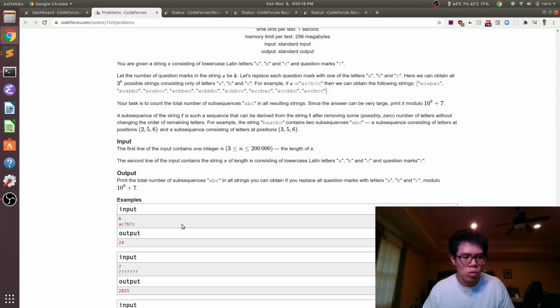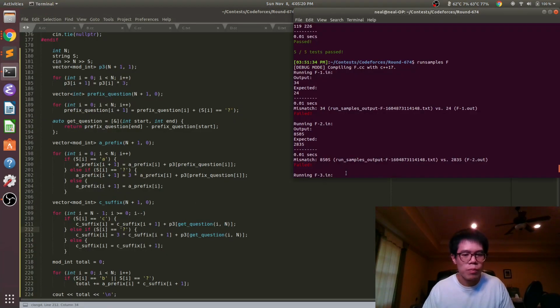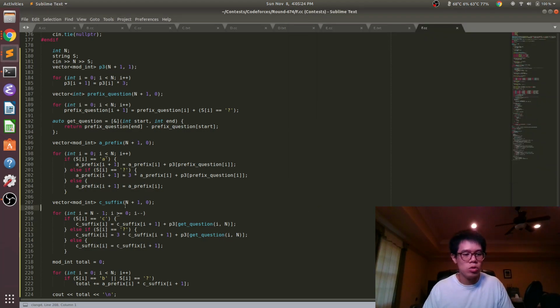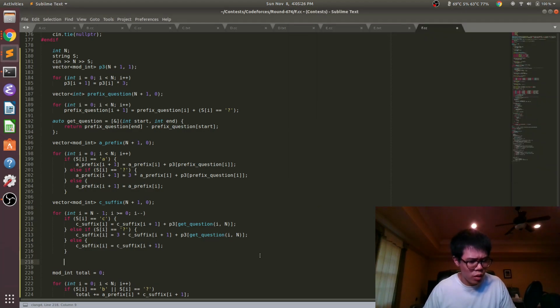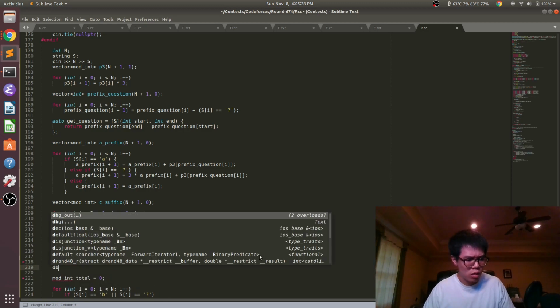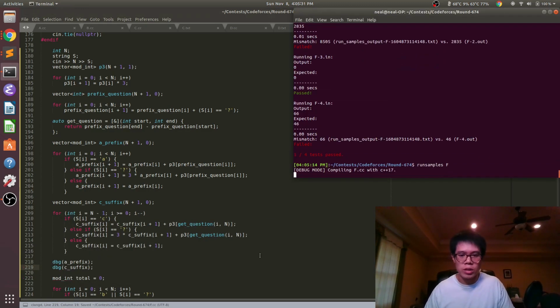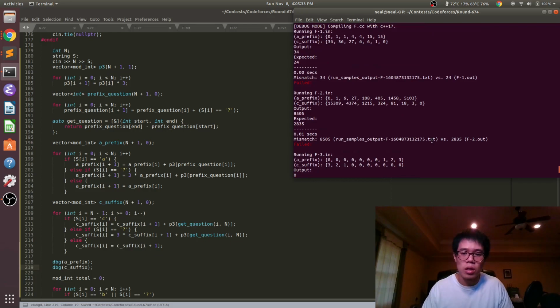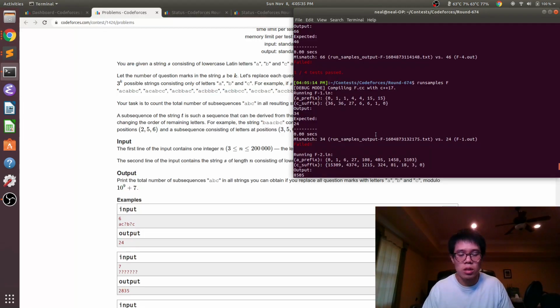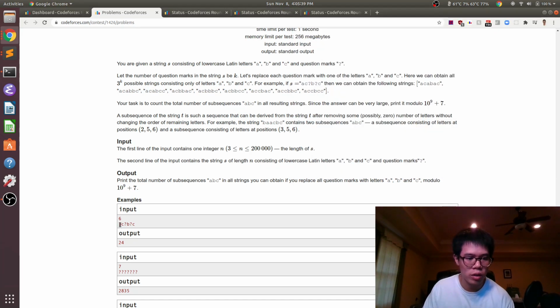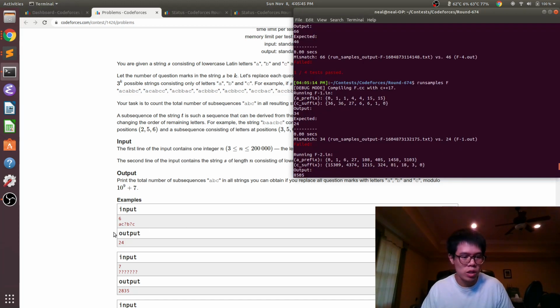Okay, so we're into a little bug here. Now when we're debugging, one thing we can do is check out these two arrays on the first example and see what we get and see if it makes sense. So a prefix, for 0 it's 0. At A here it's 1, which is right. There's only one way to get an A. For AC it's also 1. And then for AC question mark it is 4.